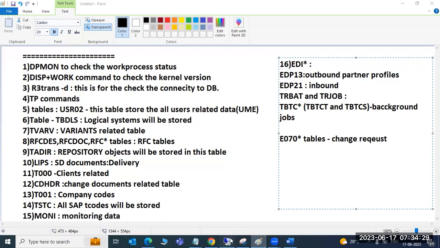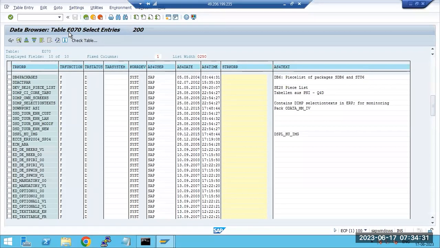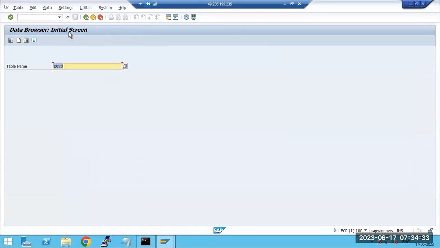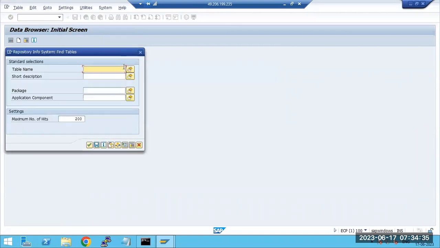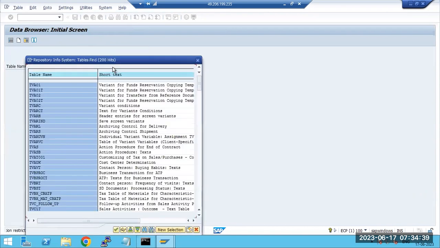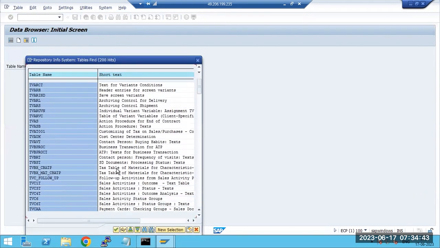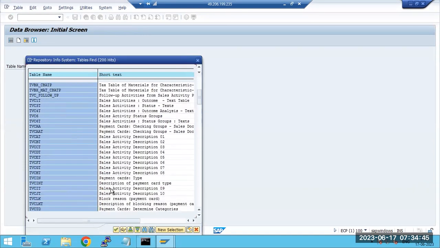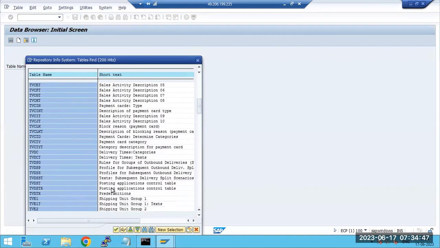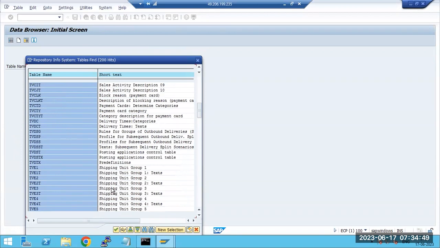If you don't remember the table, you can go back, and here you have the search option. You can pull the data, and all the tables will be displayed here. You don't need to worry or memorize all of these. The search-related information will come here.